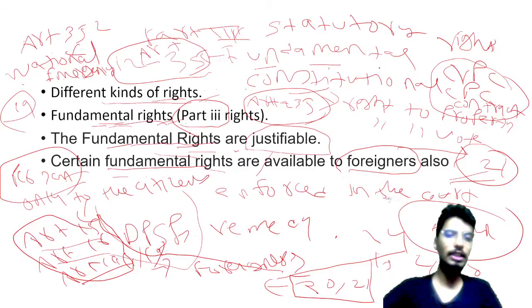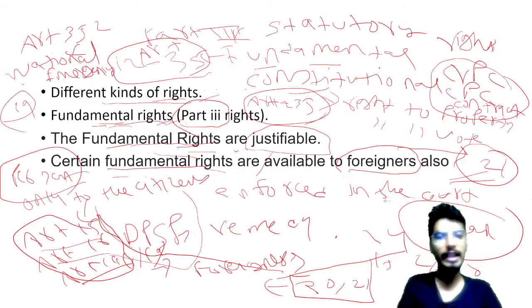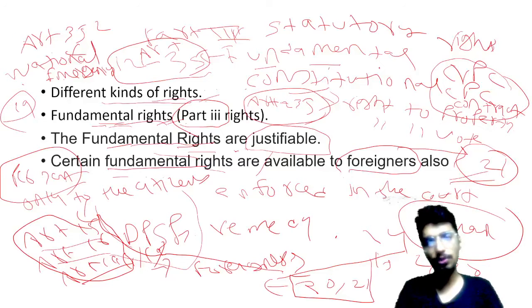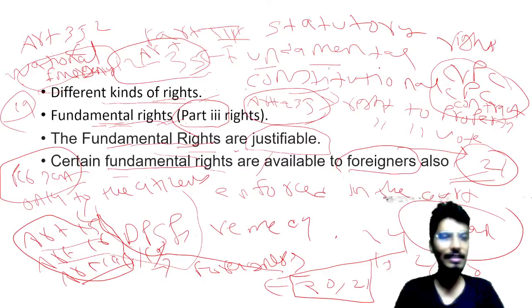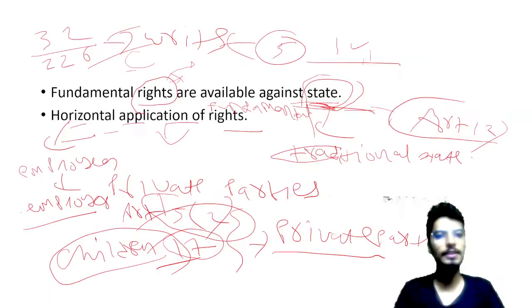Then the next point we saw कि फंडामेंटल राइट्स के बारे में ये बहुत इंपॉर्टेंट क्वेश्चन होता है कि क्या फंडामेंटल राइट्स बस सिटीजन्स को मिलेंगे, क्या ये फॉरेनर्स को मिलेंगे। तो the answer is very clear कि कुछ फंडामेंटल राइट्स सिर्फ सिटीजन्स को मिलते हैं और कुछ फंडामेंटल राइट्स फॉरेनर्स भी क्लेम कर सकते हैं। फिर हमने देखा कि कुछ फंडामेंटल राइट्स को नेशनल इमरजेंसी लगने के टाइम सस्पेंड किया जा सकता है, and there are certain fundamental rights which cannot be suspended even during the period of national emergency.